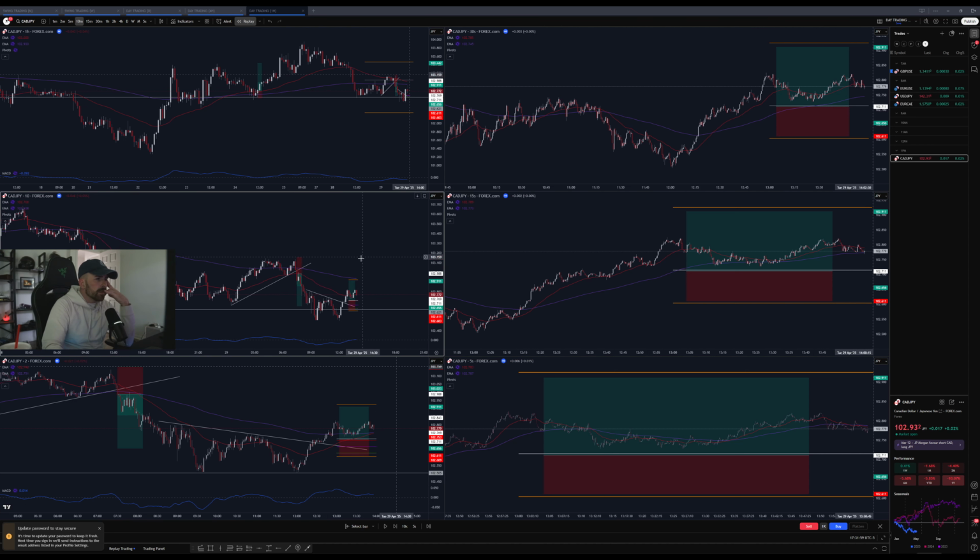The only issue I had with it is that it was running into the 10-minute 50. It had broke it at the top of the hour, and there's a pullback. So you could argue it's retesting, but also you could argue that it's resistance at the same time. So it's not great, right? It's not preferable. Realistically, I would want this 50 EMA to be a little bit lower, roughly in line about here. And then the trade honestly would have been perfect. I wouldn't have had many issues with it. But that was the main hesitation, I'd say.